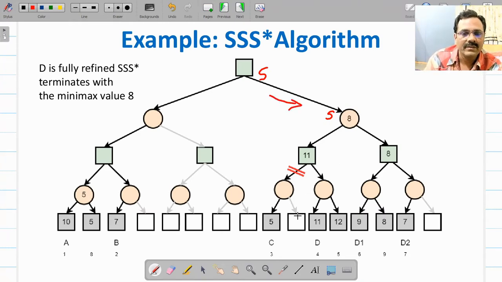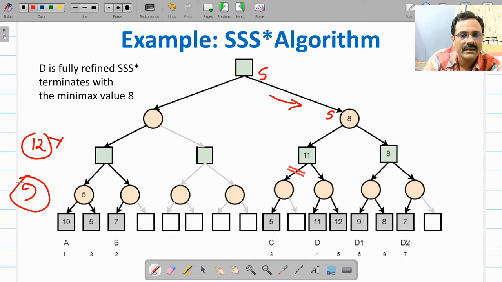So here if you see, we have evaluated 9 nodes, as opposed to the first case of alpha beta, where for the same game tree it evaluated 12 nodes. So as opposed to 12, this algorithm only evaluates 9. 1, 2, 3, 4, 5, 6, 7, 8 and 9. This algorithm evaluates 9 nodes. So it is better than your alpha beta cutoff algorithm.